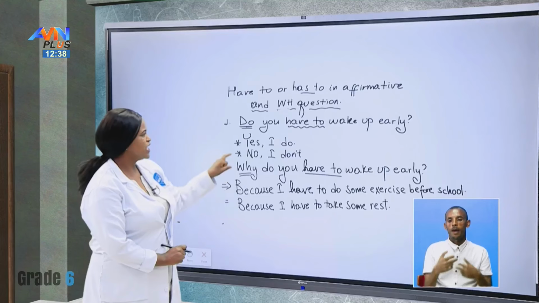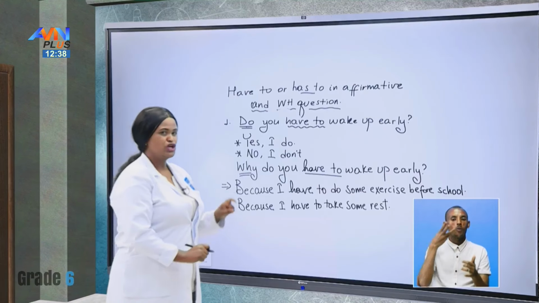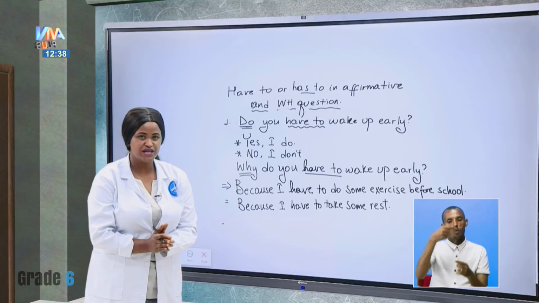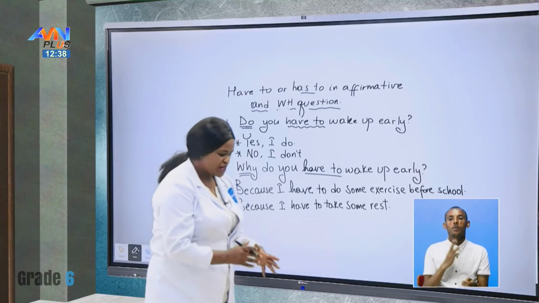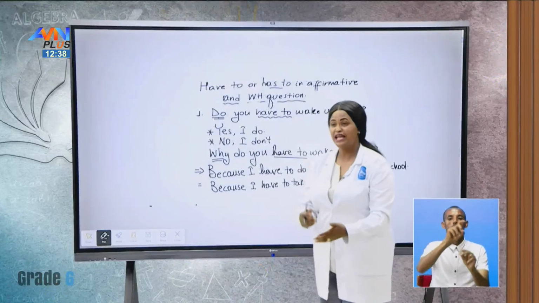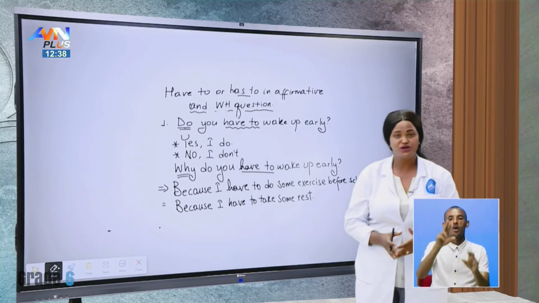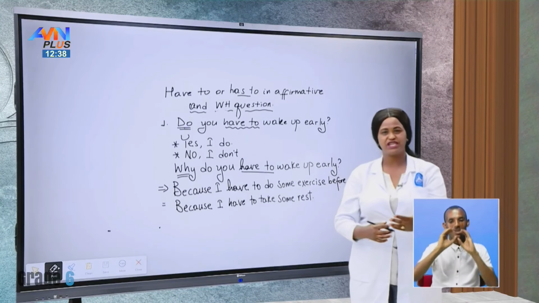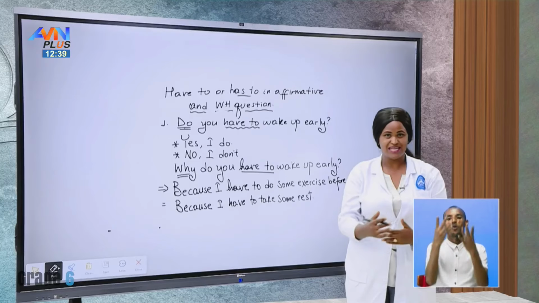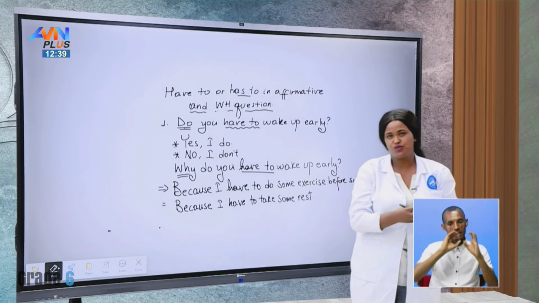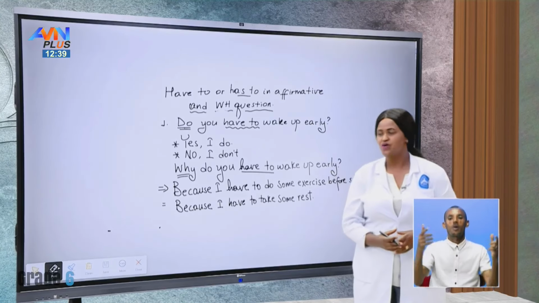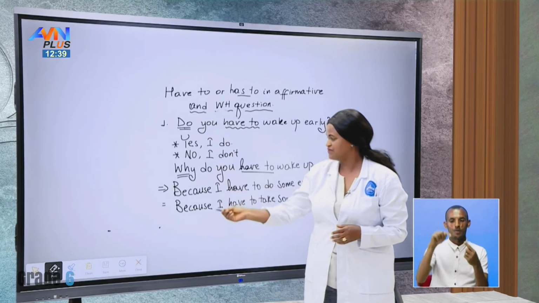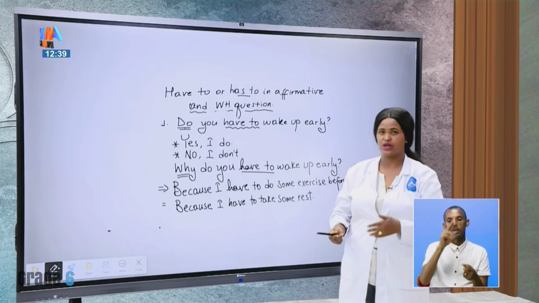Have you seen the way I was asking and how you were answering? Can you notice the language that we were using? First, we asked using the yes or no question. And then after the yes or no, we come into the WH, because during communication there are lots of what? Taking turns, yes? The conversation has to be a little bit longer. So I use the WH question with have to. So far we have seen have to with WH. We will see has to later on, okay?